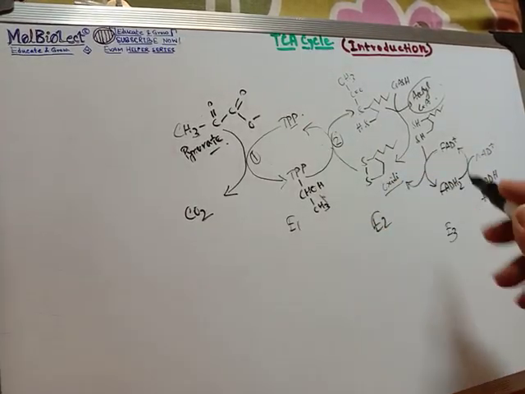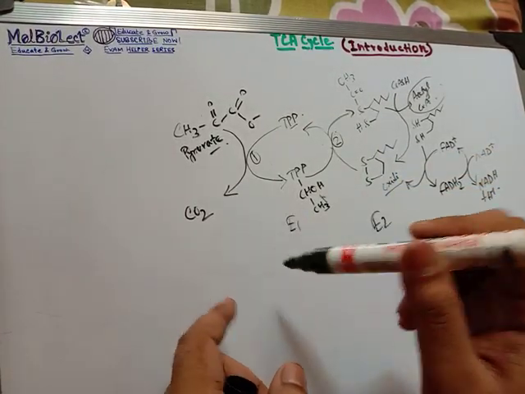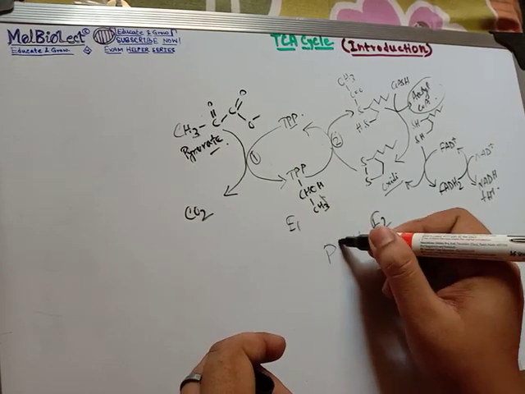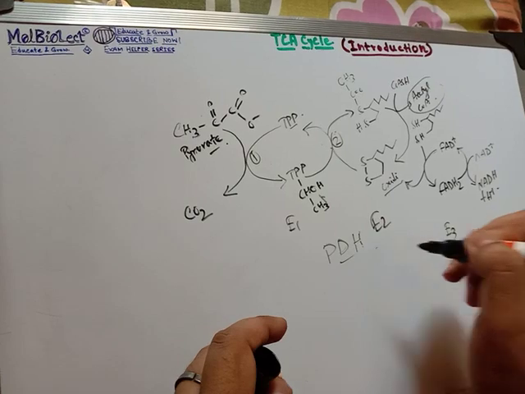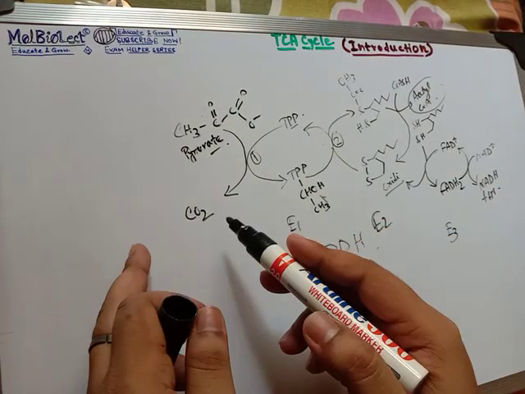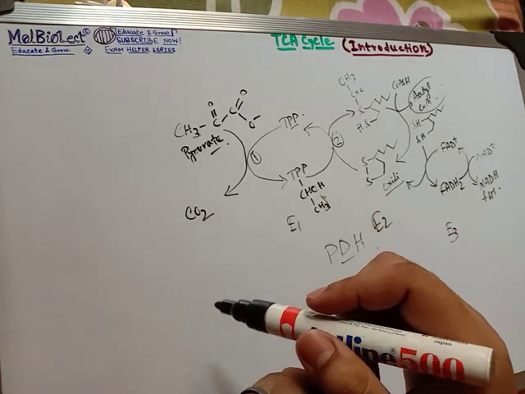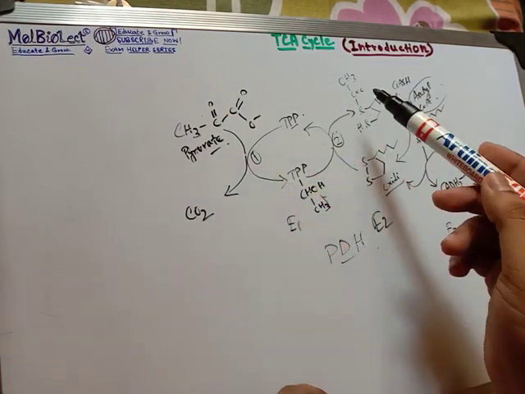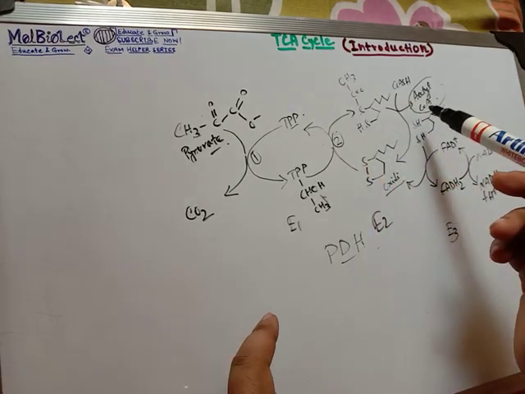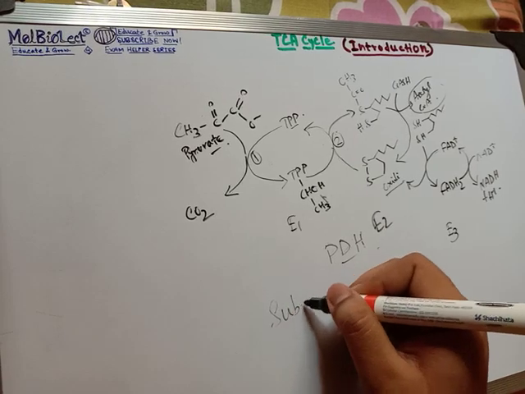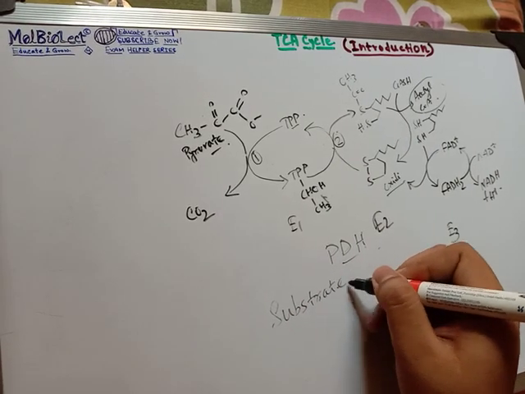Yesterday I just taught you how PDH, the pyruvate dehydrogenase complex, works. Now if you just remember this whole step that I've shown you already, the pyruvate enters and it is not getting outside of the enzyme, but it is getting converted to acetyl-CoA. Eventually this whole thing has got a name, and that name is known as substrate channeling.